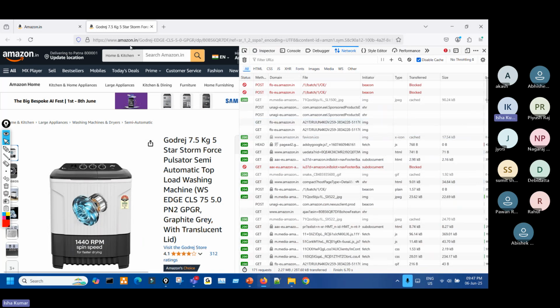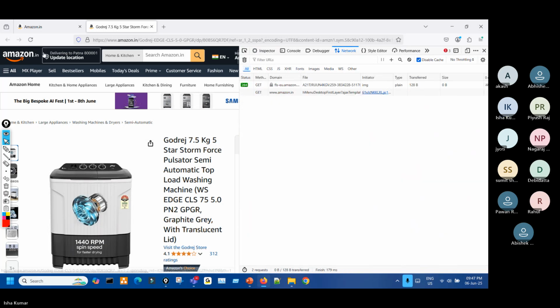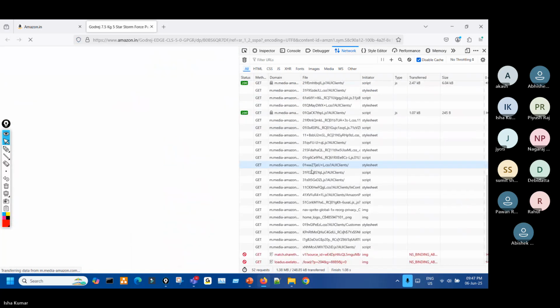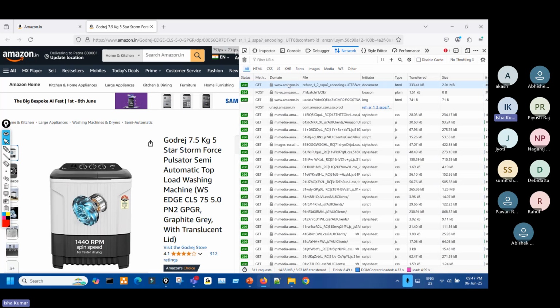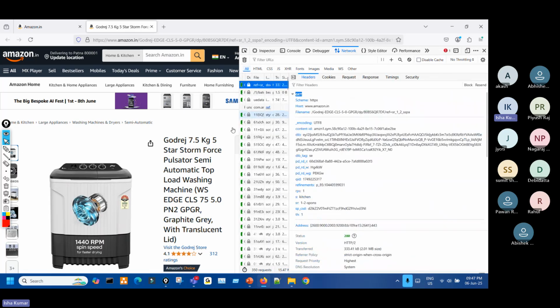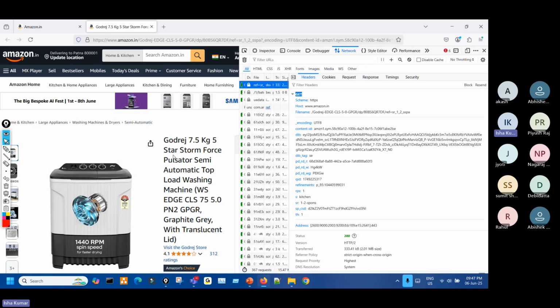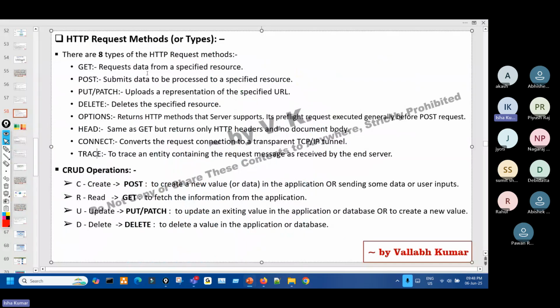You have to reload this. So you can see here, get request. Most of the clicks that we do are get requests, because you are clicking and a request is going, telling send me this information. That's it. So when we are just reading information,